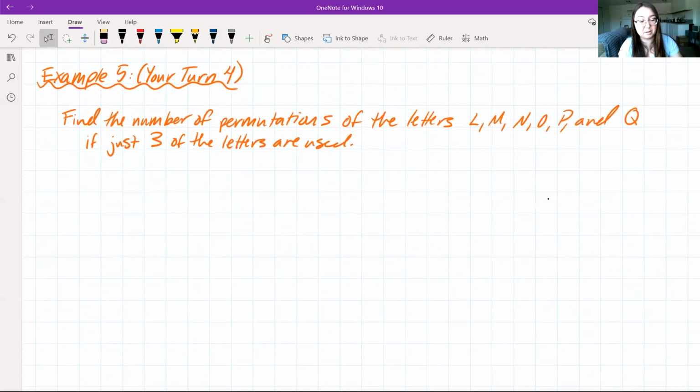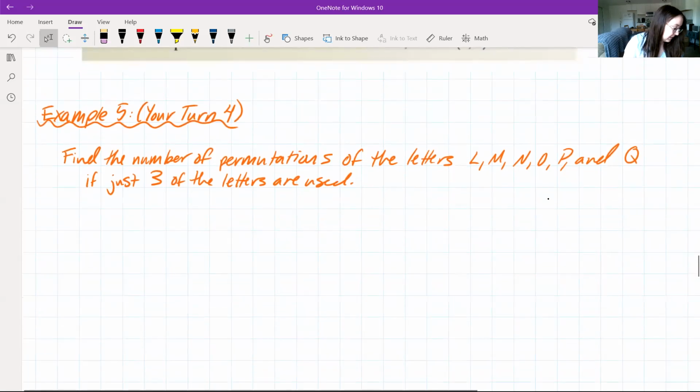All right. Example 5 here, which is also going to be your turn, number 4. We find the number of permutations of the letters L, M, N, O, P, and Q if just 3 of the letters are used. So essentially what we're getting from this is that